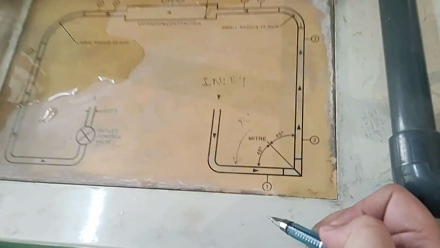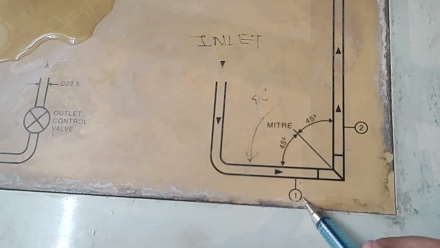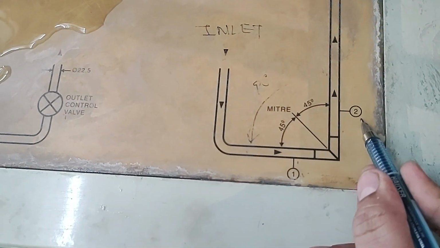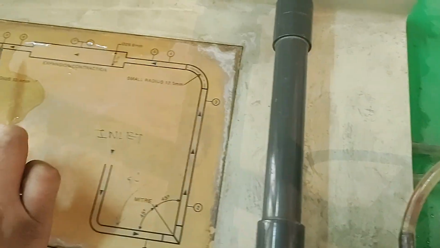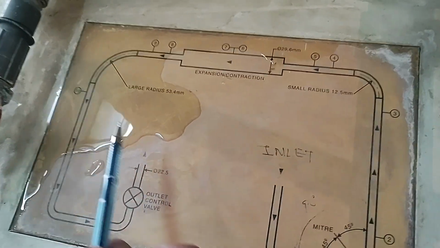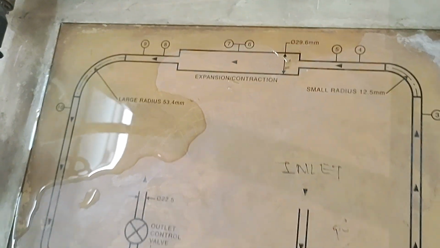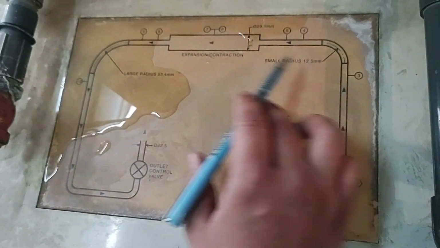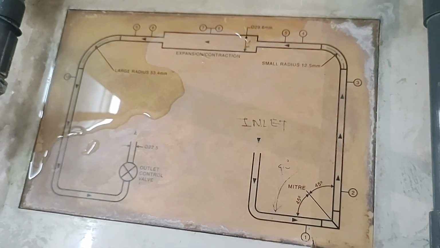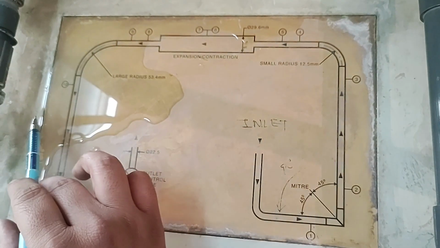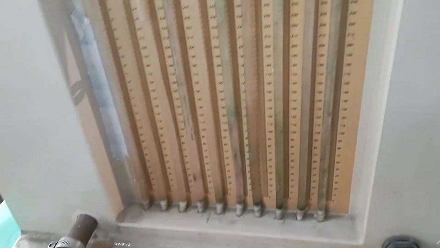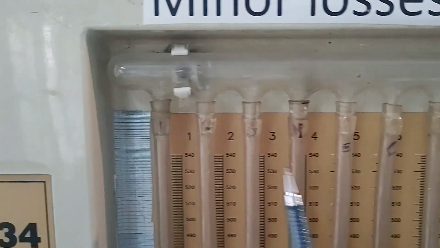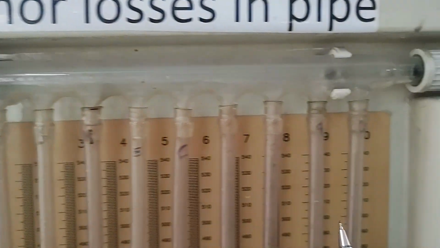The important point here is that at different bend locations we have piezometers attached. Piezometer numbers 1 and 2 are written here, then piezometer numbers 3 and 4, then piezometer numbers 9 and 10. So across all those bends that are points of concern, the 90-degree bend, small radius bend and large radius bend, we have piezometer sets 1, 2, 3, 4 and 9, 10 respectively. You can see how the piezometers are arranged and numbered: 1, 2, 3, 4, 5, 6, 7, 8, 9 and 10.